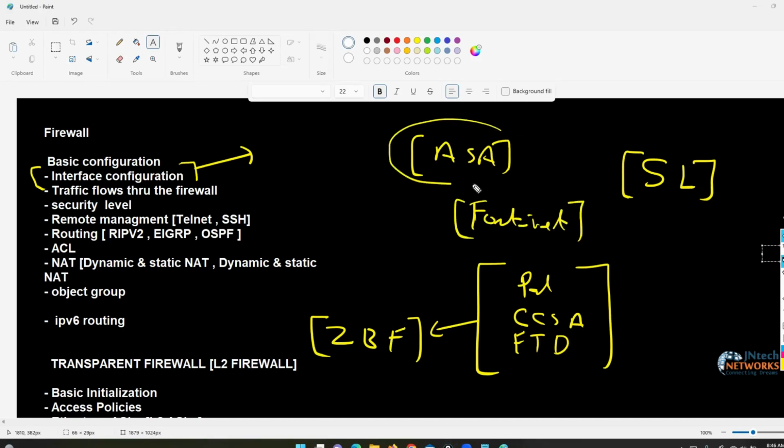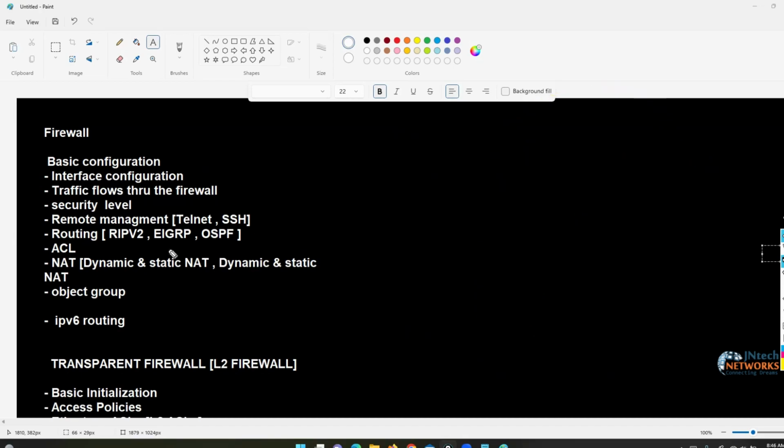Cisco ASA works with the concept called security level. So what is security level? Why are we creating it? What is the use of security level? We'll discuss that, and these are part of interface configuration. So interface configuration, traffic flow through the firewall box, and security level: these are the topics. You can focus on interface configuration, then on the security level concept, and